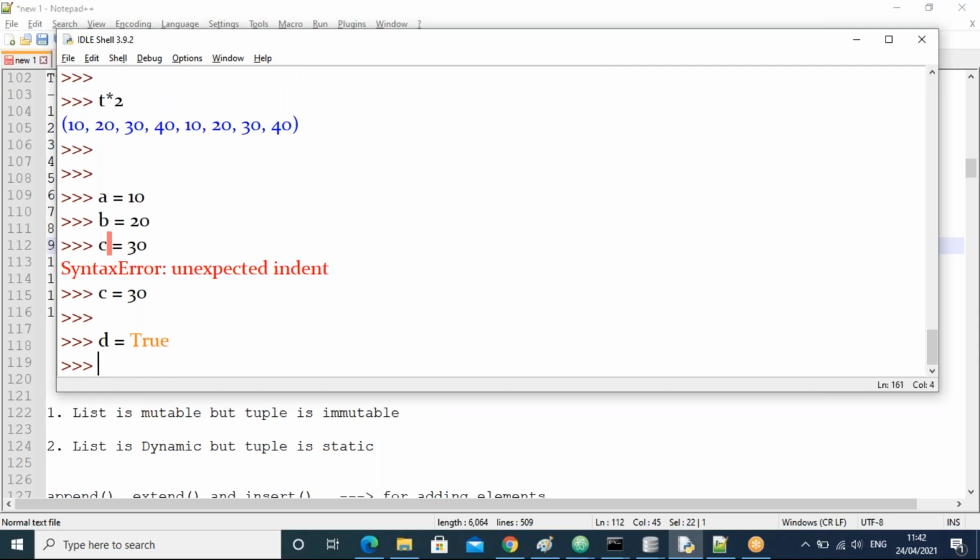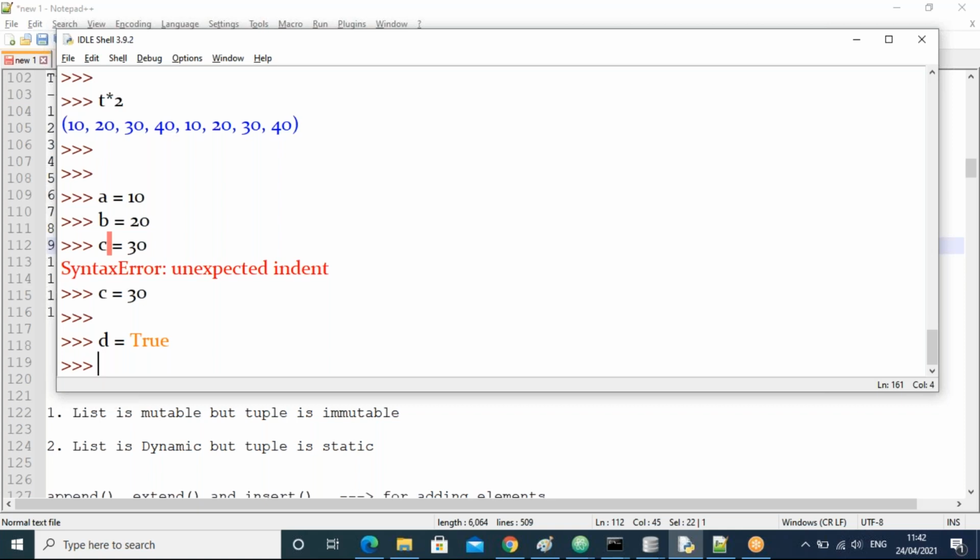Now we have a, b, c, d variables, right? And in each variable, some data is there. Now what I want, I want to gather the data from these 4 objects and assign to a single object, guys. Assigning to a single object is nothing but packing, right?